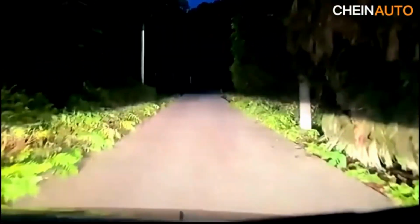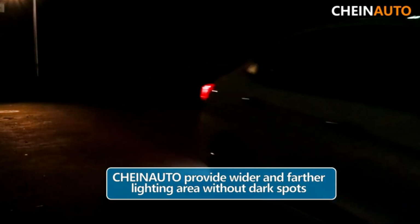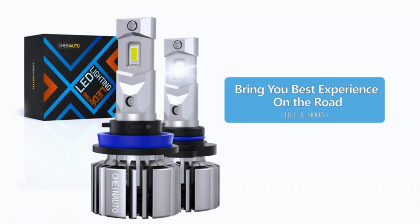Additionally, the CHEINAUTO H11 9005 LED headlight bulbs come in a convenient package quantity of 1. This makes it easy for vehicle owners to replace a single bulb without having to purchase unnecessary extras. It's a cost-effective and practical solution, especially for those who prefer to handle